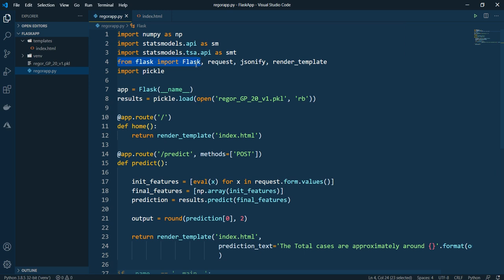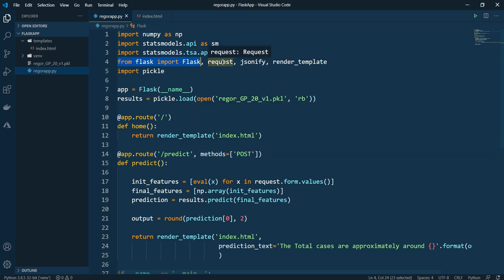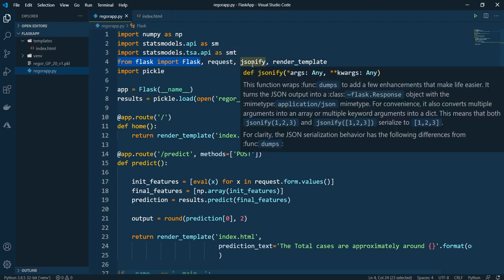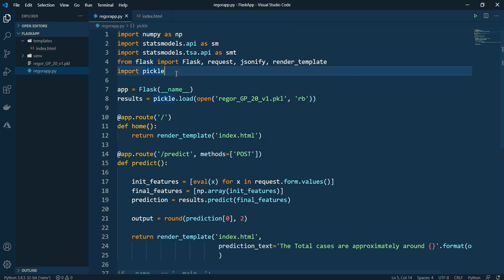So you want to import the class Flask, and then some other methods or libraries that you want, that is request. Then jsonify or JSON. Then there is render_template for rendering different graphics on your browser. And finally, the pickle that we have seen.